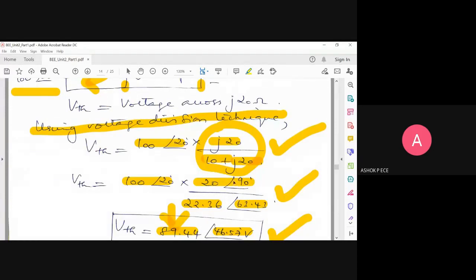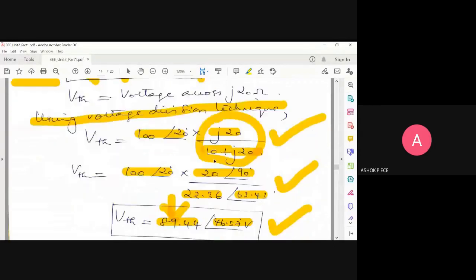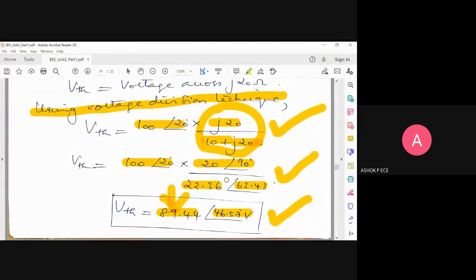When you have a capacitor, you will have a negative angle always. The negative angle indicates that it is a capacitor. We have seen the basics, right? So a positive angle, plus J, means inductor, so the angle will be positive. Minus J means capacitor, the angle will be negative. Yes, you have to be careful across which component you are measuring. So this term you should write very, very carefully. Either the angle will be plus 90 or minus 90. Only two options we'll have.